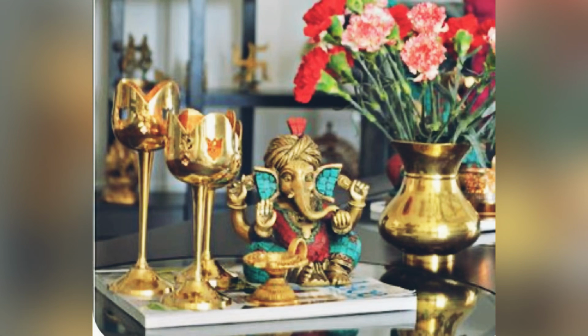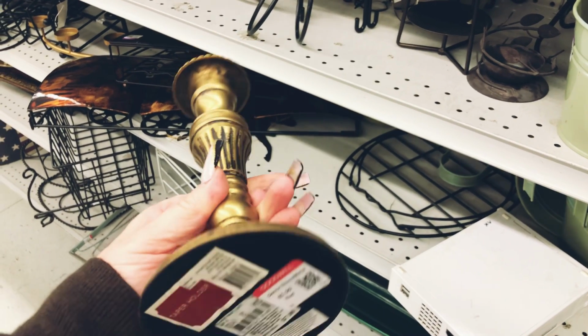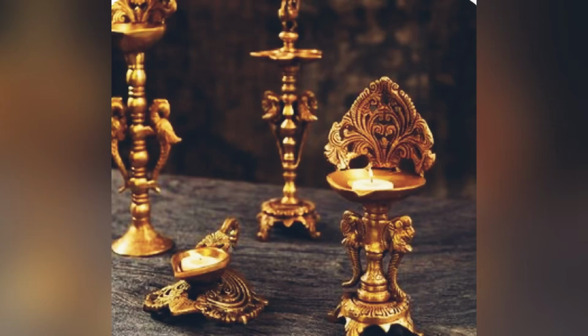Brass is always highly recommended for that really beautiful bohemian look. You can find them at the vintage stores, thrift stores, yard sales, and estate sales. You could never go wrong with adding brass. Also, up next, we are going to be adding